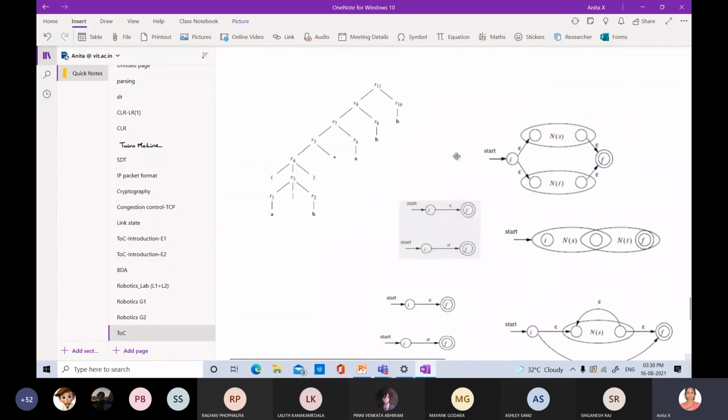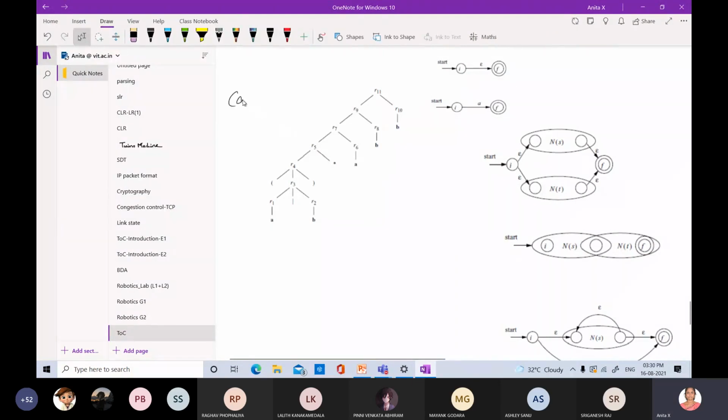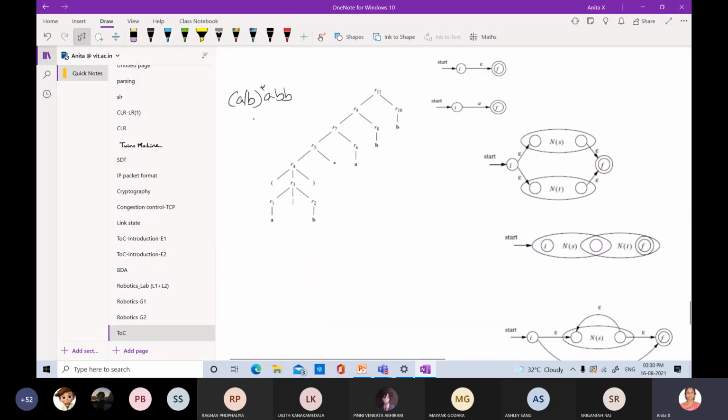Okay, we can start now, right? So here we have constructed the parse tree for A, R, B star, A, B, B. So now we have constructed the parse tree also. So from this parse tree, I have to proceed